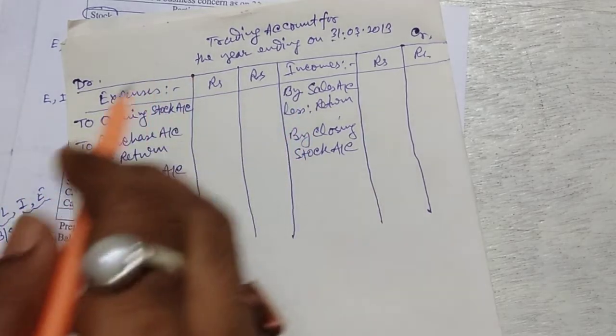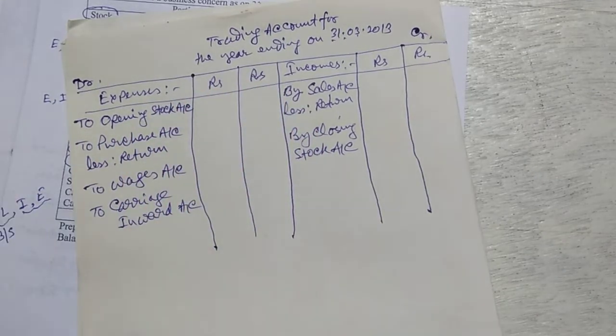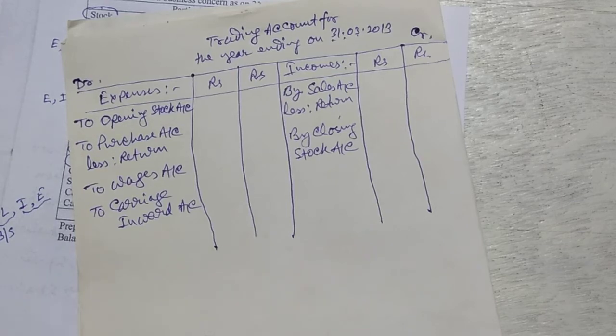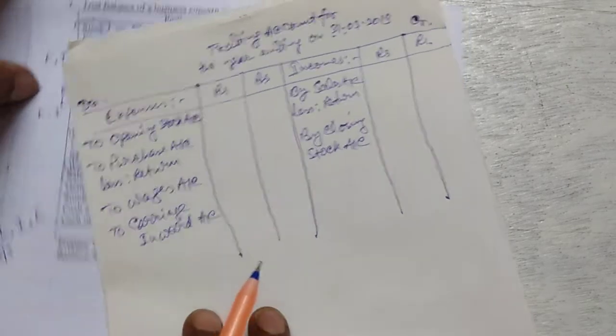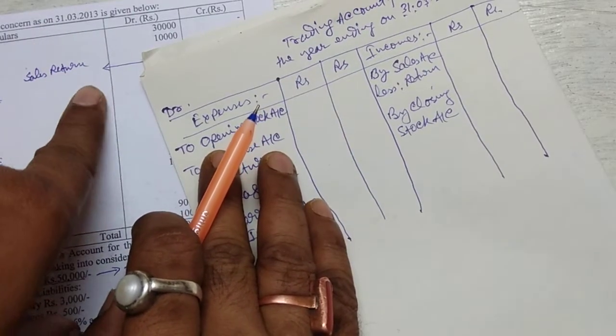If these accounting heads are separated by you for considering in trading account, then the remaining all accounting heads will be considered in profit and loss account. So if you can remember this, then the items which will appear in profit and loss account should not be remembered, because besides these accounting heads, all accounting heads of expenses and income should appear in profit and loss account. Clear? Now we should put here the amount, that is stock account 30,000.